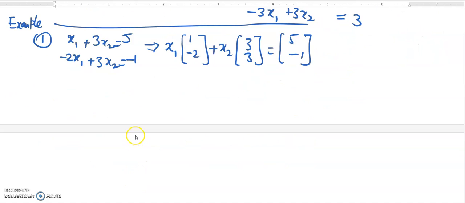Okay, continuing from the previous video clip. So suppose we have this equation,